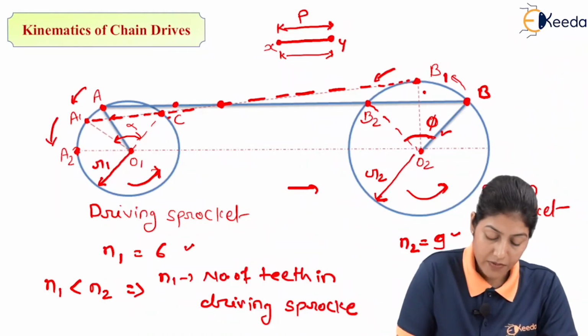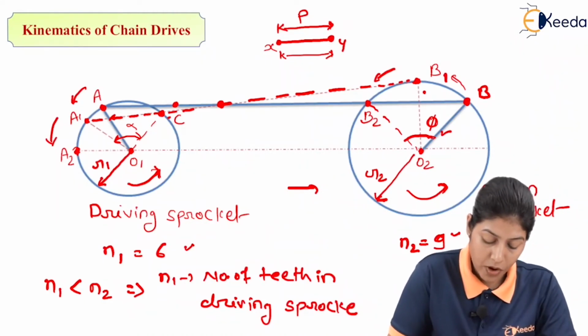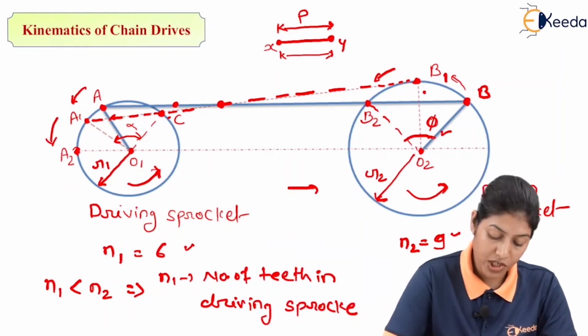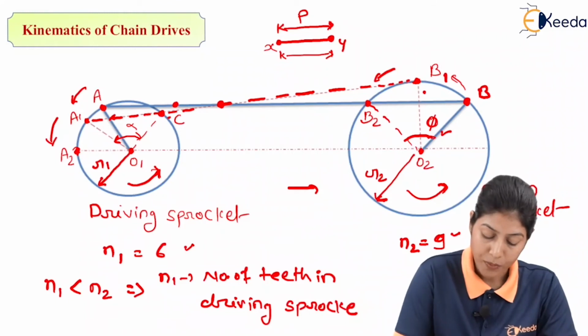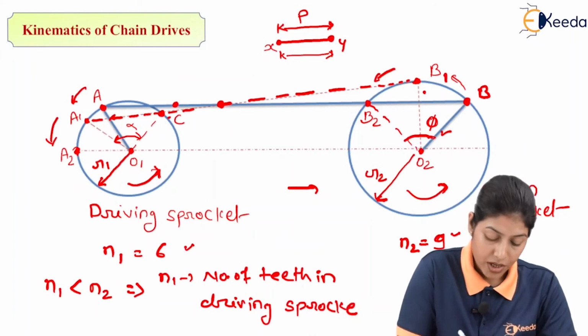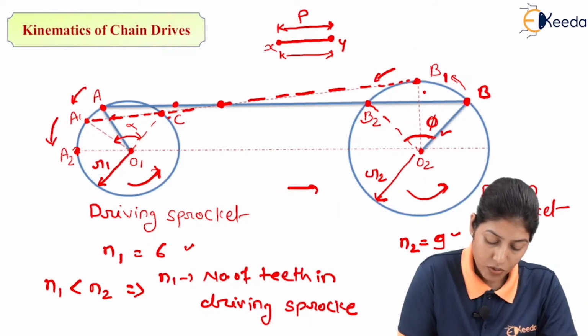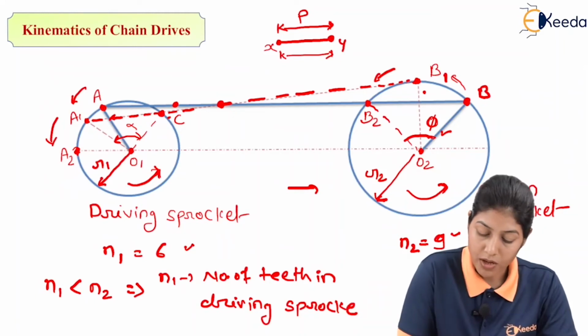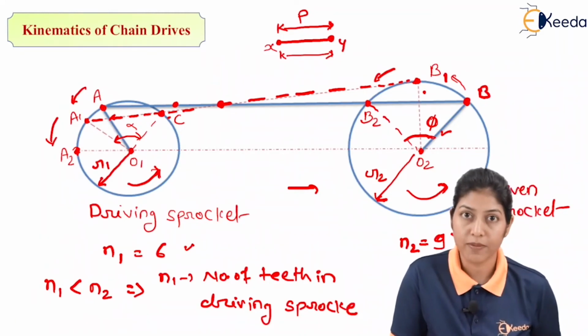This chain drive, kinematically, for each position will be equivalent to a 4-bar chain. For the first position it will be O1, A, B, O2, because this is changing its position in the anti-clockwise direction with rotation of the driving sprocket, and the second position is A1 to A2. In that condition this position is determined from the A1C link, so it will be O1, C, B1, O2. So here we have two 4-bar chain mechanisms to define the kinematics of the chain drive.